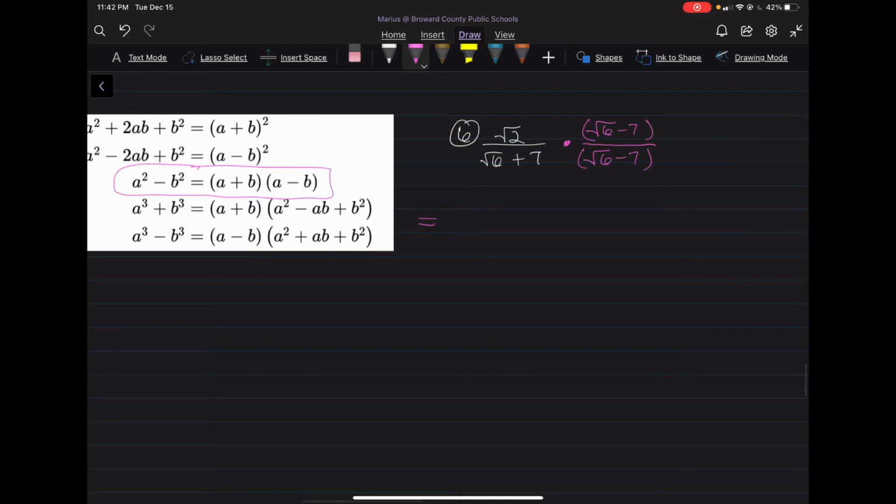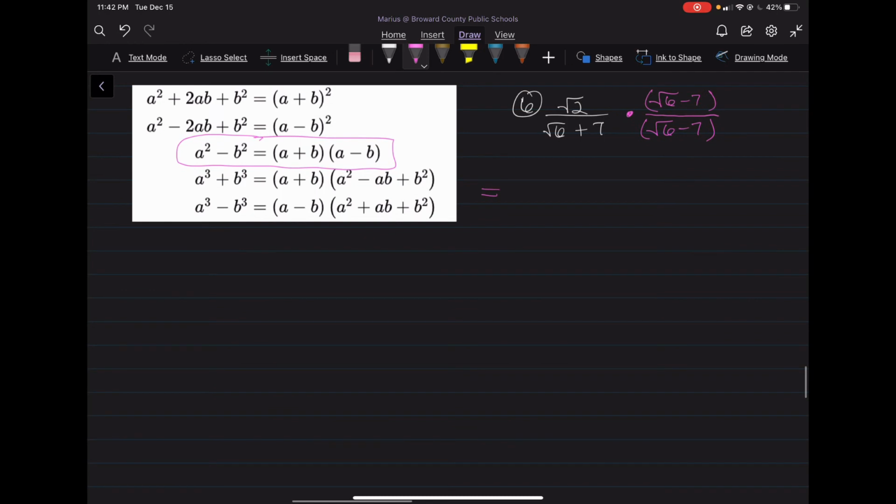Now, why do we want to do that? Getting back to our chart here, when we have a plus b times a minus b, that is really going to be equal to just a squared minus b squared. Now, we want to get rid of the radical. When we square a radical, it gets rid of the radical. So essentially, when we rewrite this, this is going to be the square root of 2 times the group of the square root of 6 minus 7. All of that is going to be divided by